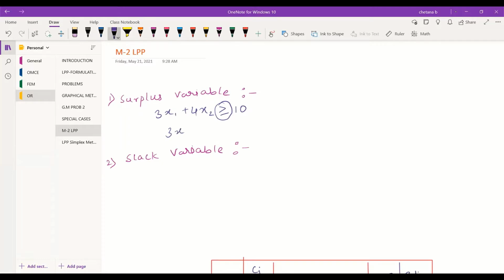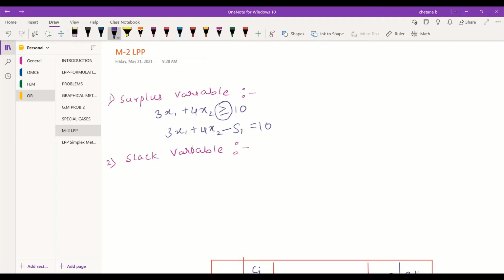So 3x1 plus 4x2, you have greater than or equal to symbol, so you need to subtract one surplus variable and convert this to equality. So what is the surplus variable? A variable which is subtracted from the left hand side of the constraint if you have the greater than or equal to symbol to convert into the equalities.